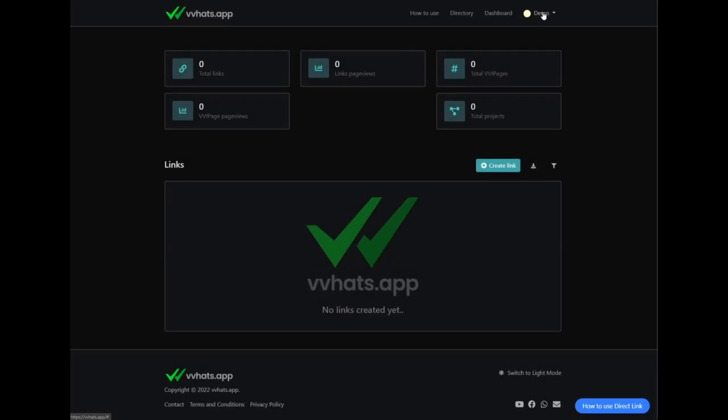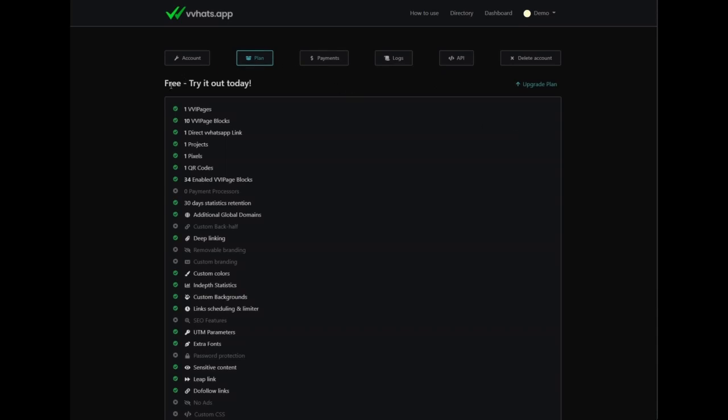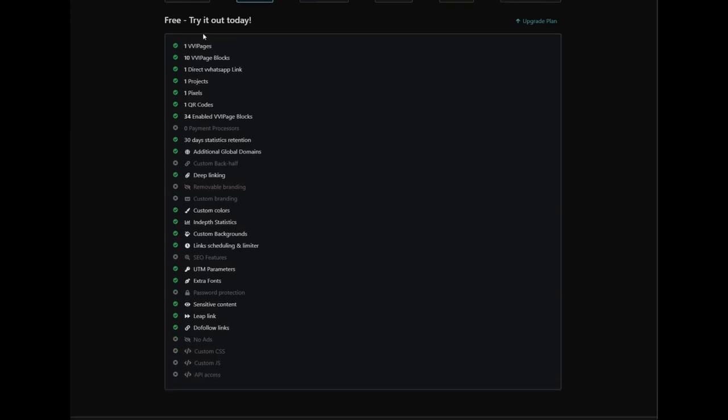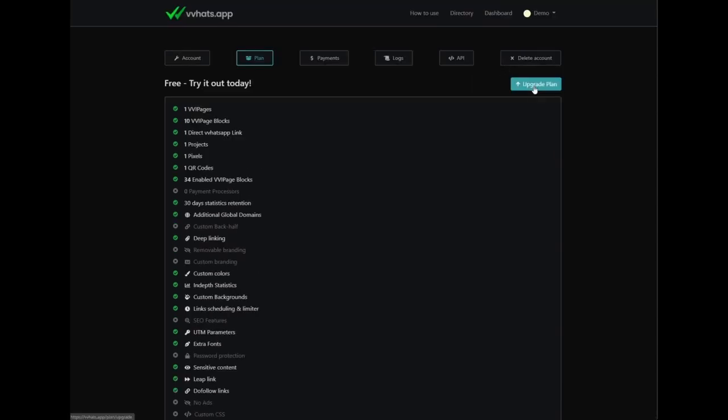On your dashboard, press your profile name, and then press Plan. Here, you'll be able to see what plan you're currently on. On the free plan, you can create one direct WhatsApp link, and also one VVI page to try out our services. Press on Upgrade Plan, and you'll be brought to the section where you can see the different types of